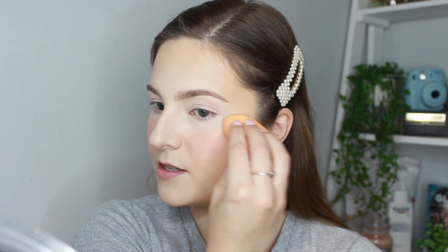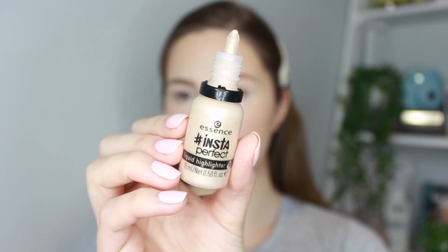I'm now just going to blend that in together with the beauty sponge again. Oh, that is so nice. I love this stuff. That is so beautiful. I never use cream products. I'm more of a matte and powder girl. Dang, this is good. So I'm now going to use some liquid highlighter,